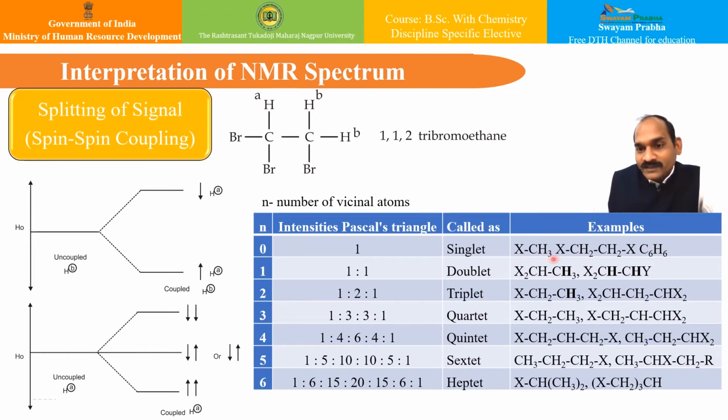So you can have examples like this: this particular three protons will split into a doublet, so you can have a 1:1 doublet, isn't it? Whereas with this proton, under the influence of these two protons, this particular hydrogen will split into a triplet, and likewise so on. The effect can carry on. This CH2 will split into a quartet because it will have the influence of these three protons, and so on.